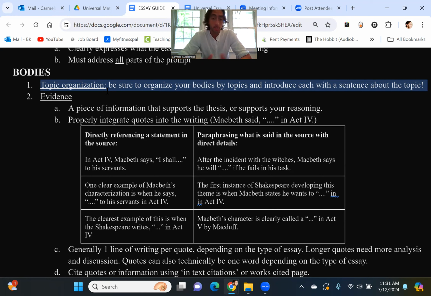How do you organize your body paragraphs? How do you organize your evidence? Well, it's always going to vary pretty dramatically on whatever it is you're saying. So for example, with the Romeo and Juliet example, you could simply get away with organizing your body paragraphs, whether there's 2 or 3 of them, simply by the chronology of the play. So for example, body paragraph 1 will be about Romeo in act 1 and 2. Body paragraph 2 will be about Romeo in act 3 and 4, and you kind of see where that's going, right? That's a simple way to organize it.